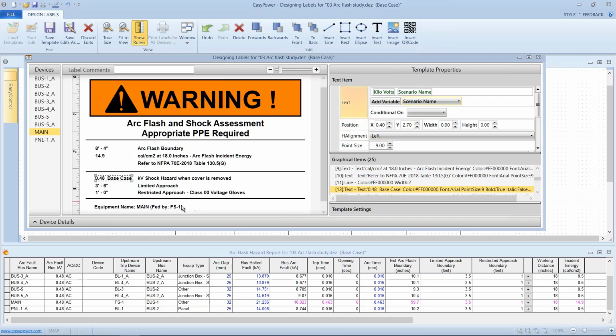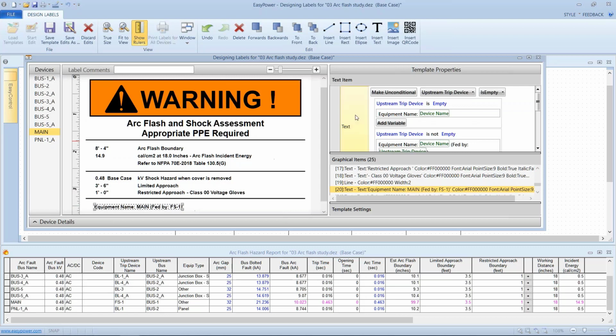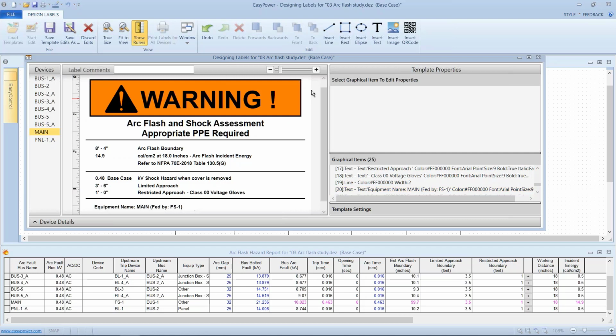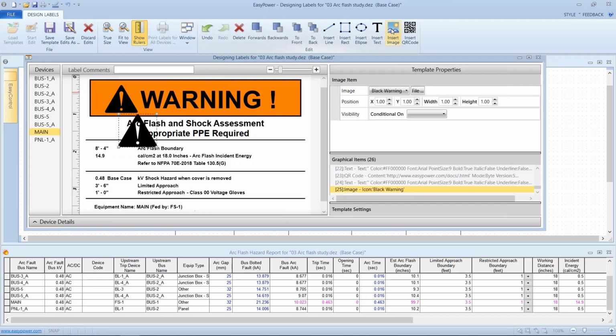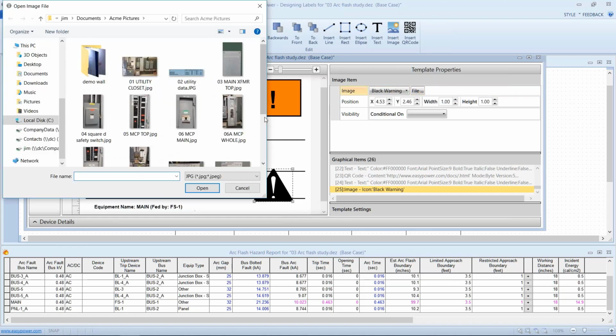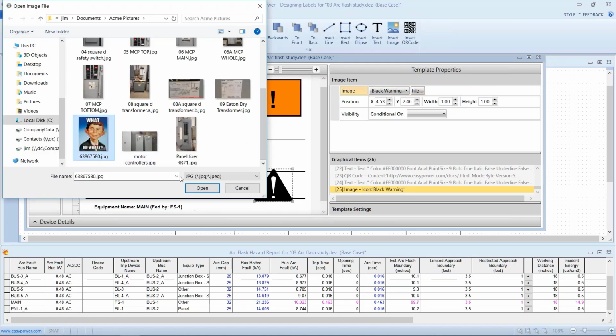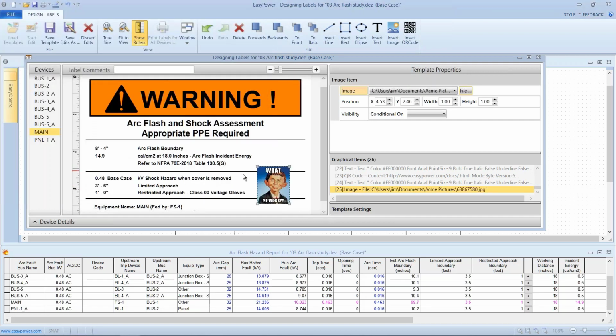so every piece of the label, let's say I wanted to put my logo on here. My logo ends up being a JPEG file, so I'm going to insert the JPEG image. The top focus banner, right-hand side, insert image. The last image I worked with was the danger triangle with a black warning triangle, so I'm going to point to a different folder where my JPEG files are. Let's say Alfred E. Newman was my logo for whatever reason, and I could position that and size that